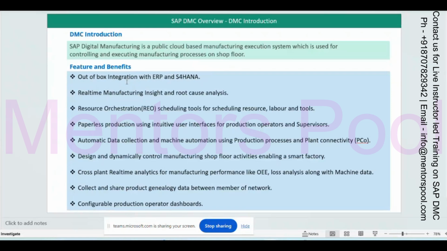Go ahead. I know a little bit about the integration suite. Why is DMC using IDoc and not another technology, like a data service, whatever? You know why? What is the restriction?